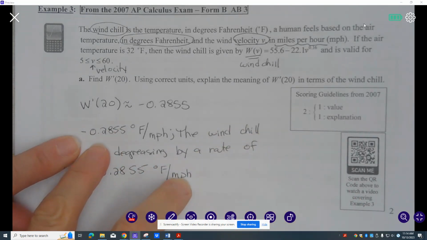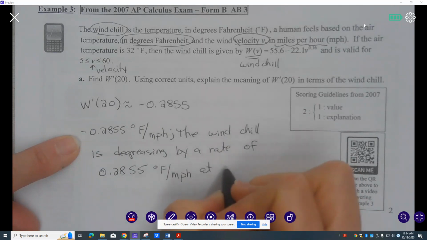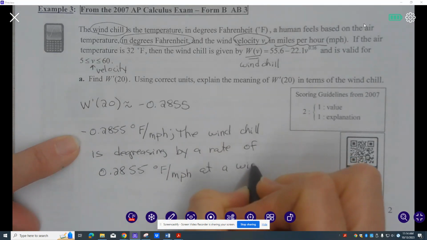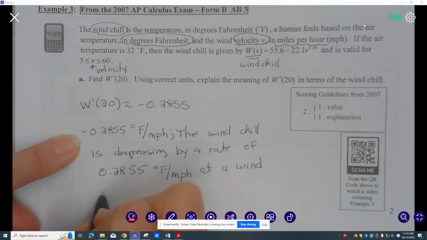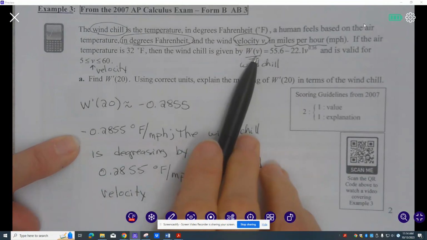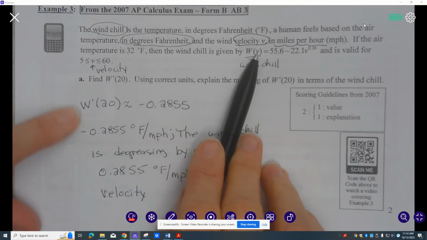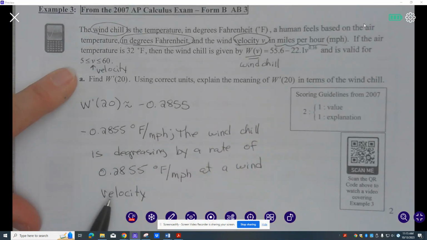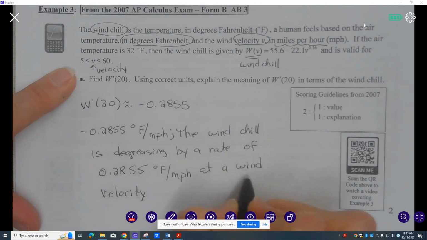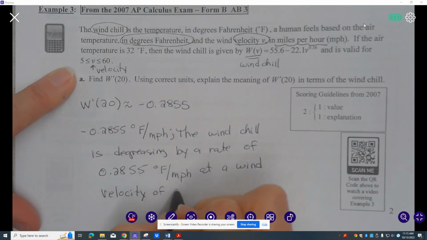The answer is no. At a wind speed, or wind velocity, so think for this function, the input was not time, it was velocity. So the input was velocity, and it was when at a wind velocity of 20 miles